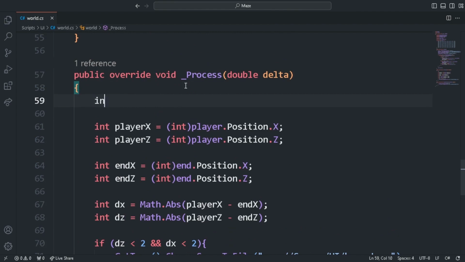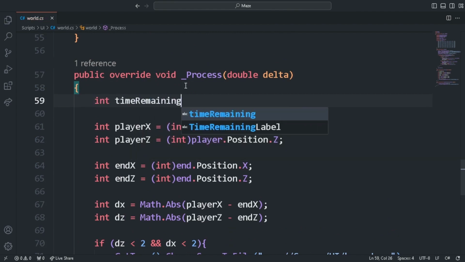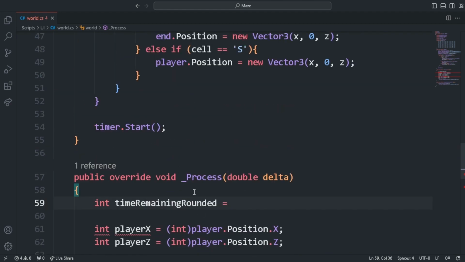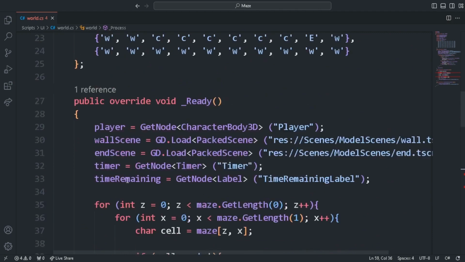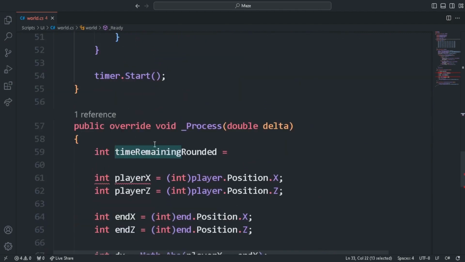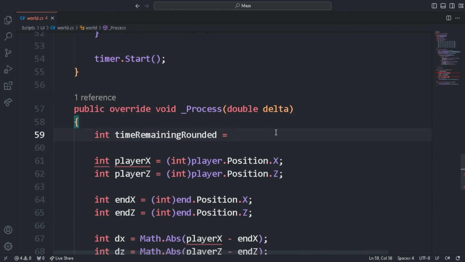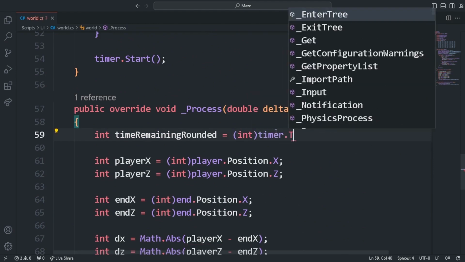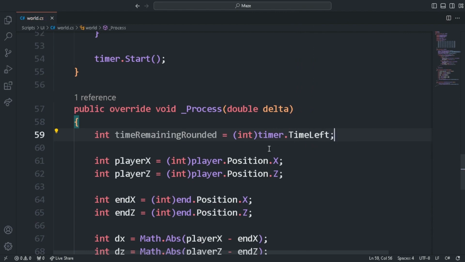So in here I'm just going to do int timeRemainingRounded, because timeRemaining cannot be used again, as a variable with the same name is already created over there. So we need to convert the value into int, and the value that we are going to convert is timer.TimeLeft. So we get the time that is left and convert it into an